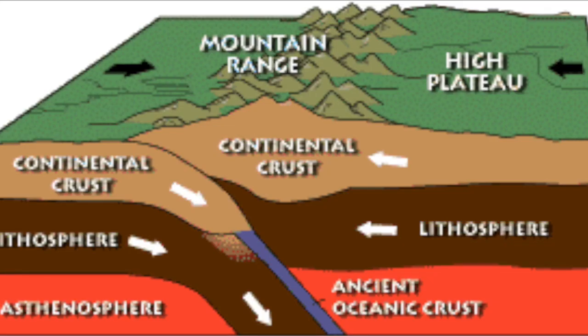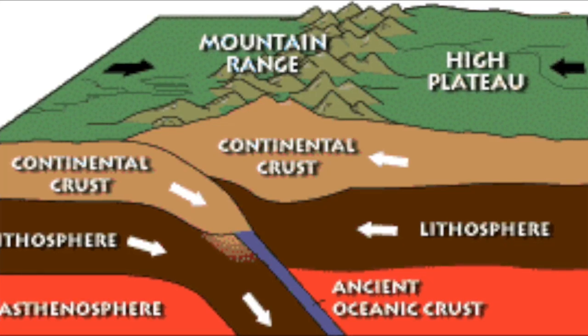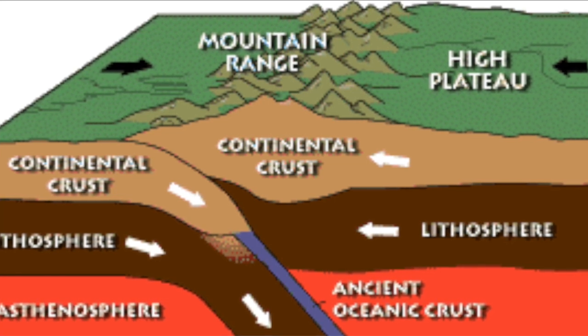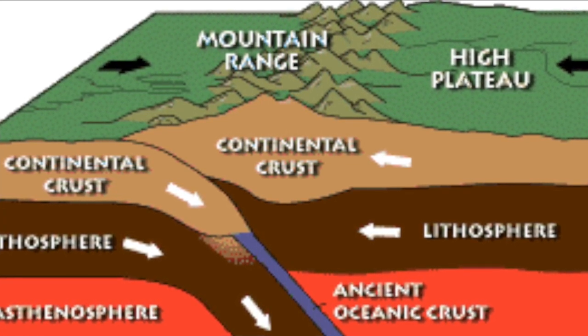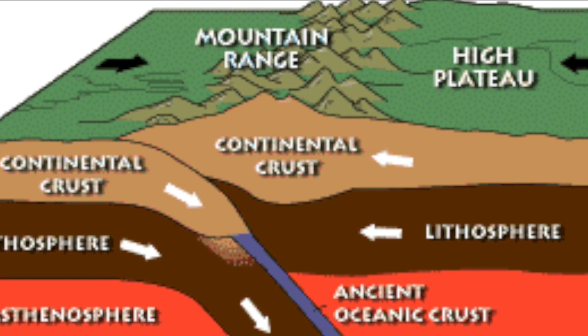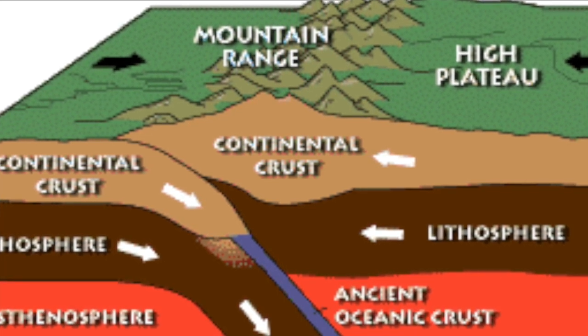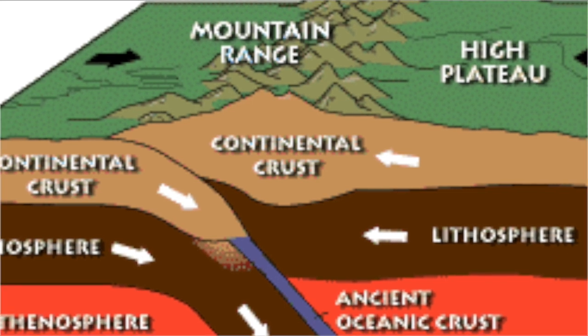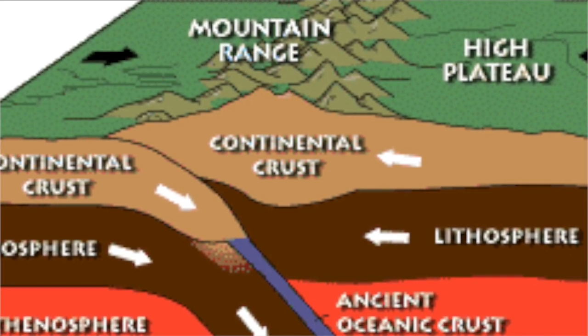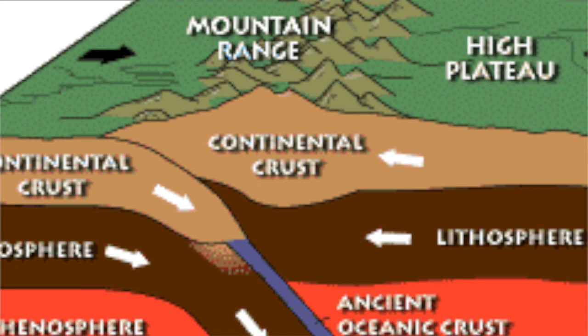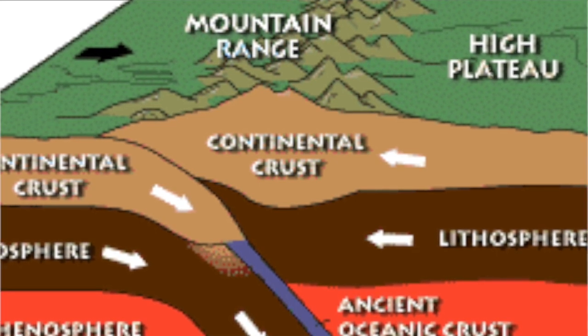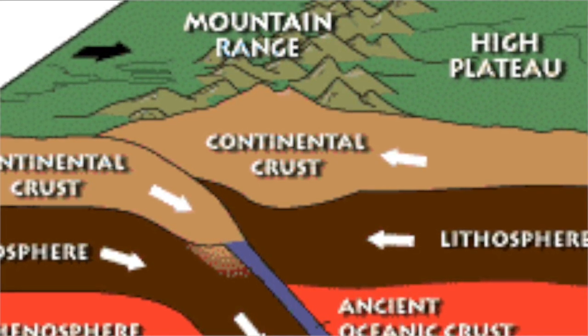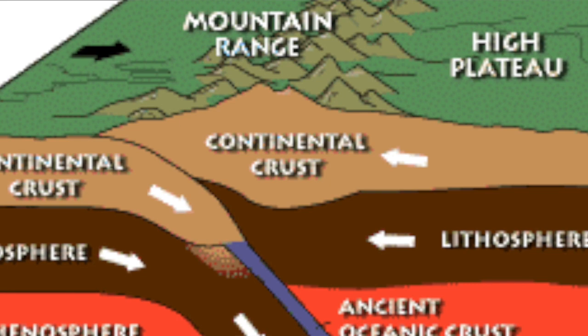Now at a convergent boundary where you have 2 continental plates, you're not going to get this subduction where one goes underneath the other. You're going to get this collision, which is going to create mountains. So it's this buckling and uplifting of all that continental material being driven up. And that's what happened when North America, South America, and Africa ran into each other. They created the Appalachian Mountains.